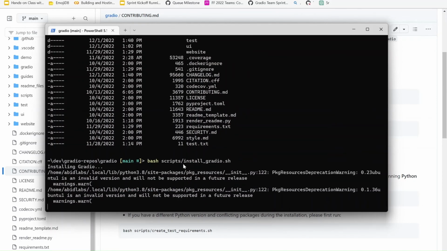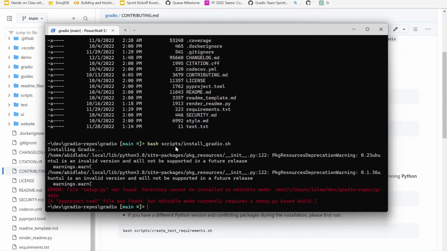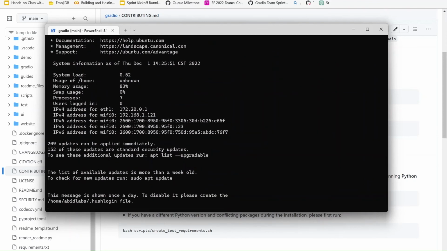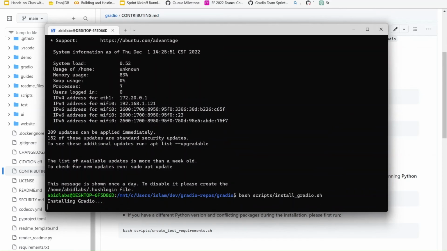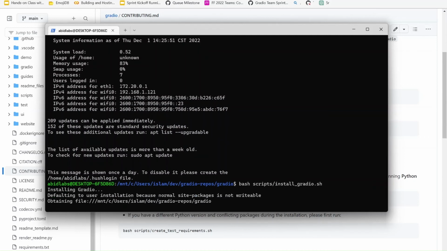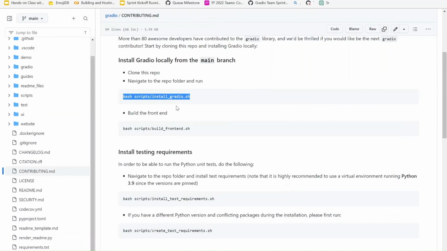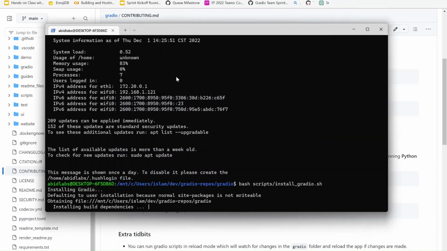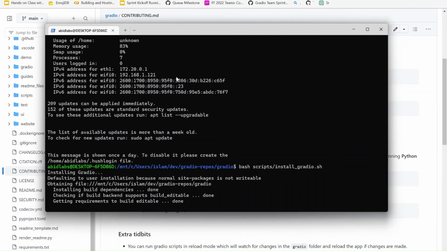It's actually best to run all of this. All of these scripts should mostly work in any OS, but we actually set them up, you know what, let me go ahead and do this on WSL. So I'm running on a Linux subsystem. And so you can go ahead and run this script from here, and this will go ahead and install Gradio. It may not work because I already have it locally installed. Okay, or it should work. Yeah, so all it's doing is installing Gradio locally. So instead of installing it from PyPI, it's installing it from the files in the GitHub